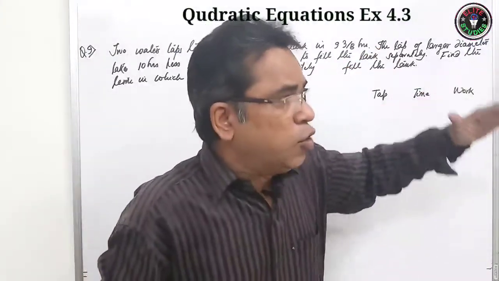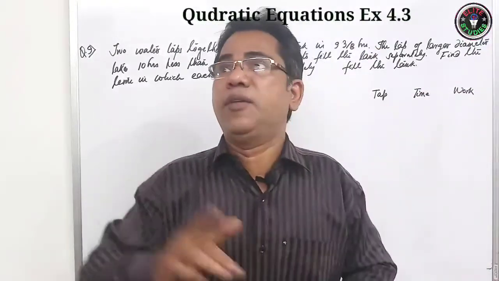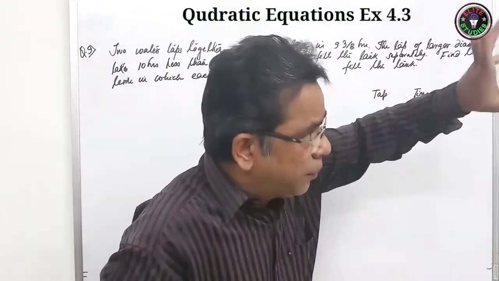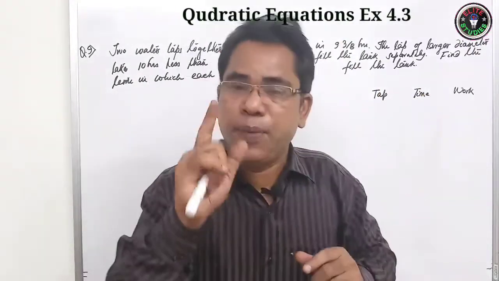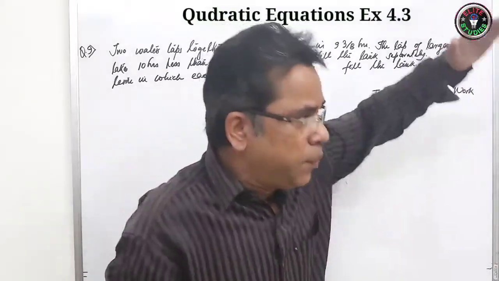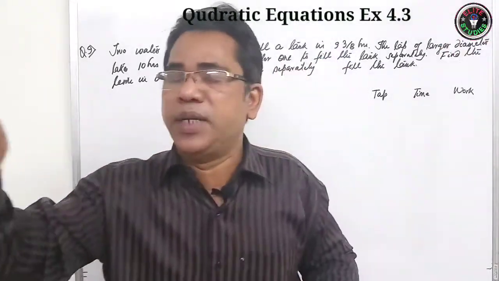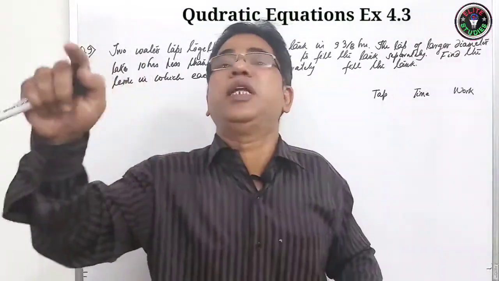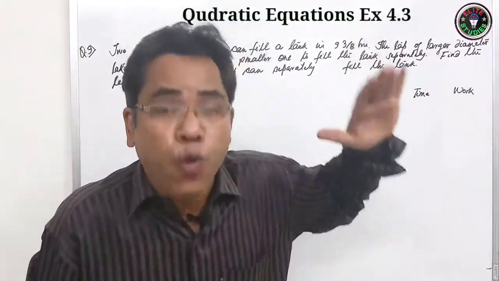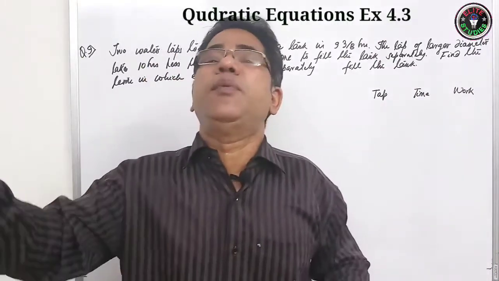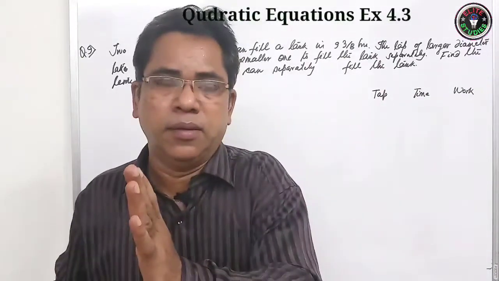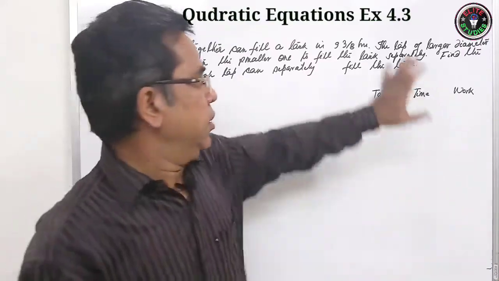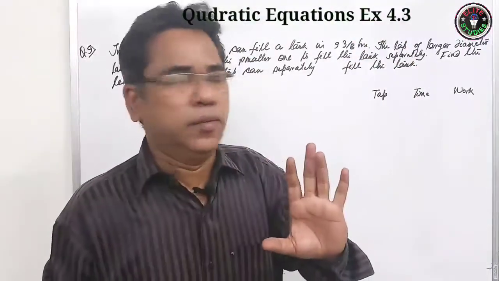If you have finished 25% of the work, then work done will be 1/4. Very, very important, dear students. If you finish the complete work, work will be represented as 1. If you finish 50% of the work, it is represented as half. If you finish 75% of the work, it is 3/4. If you finish 25% of the work, it is 1/4, like this. If this concept is clear, this question is very easy to tackle.